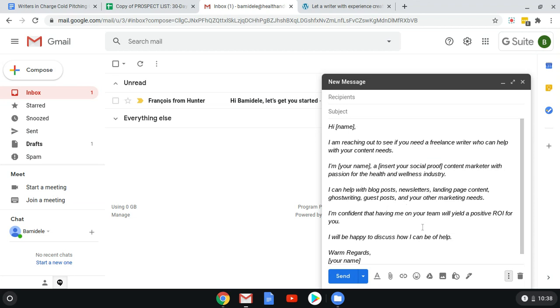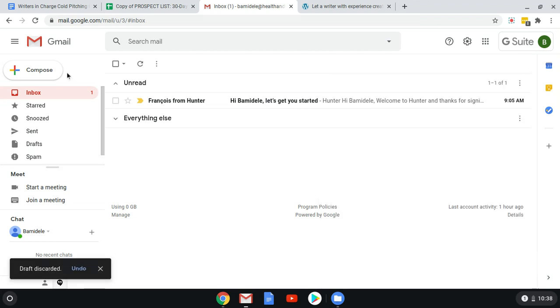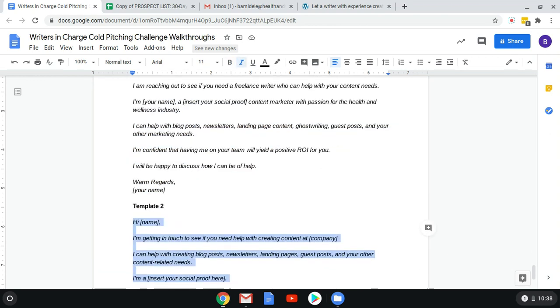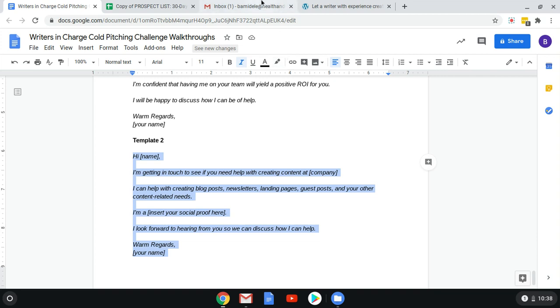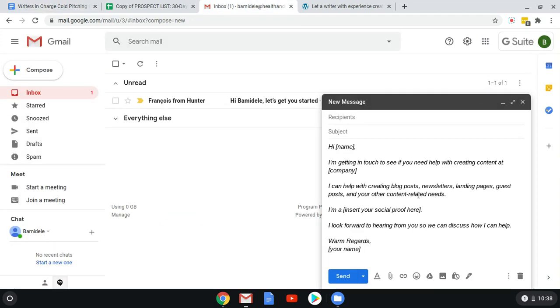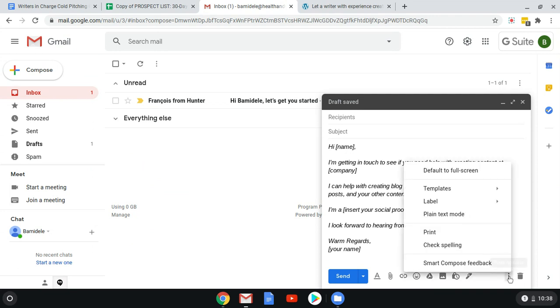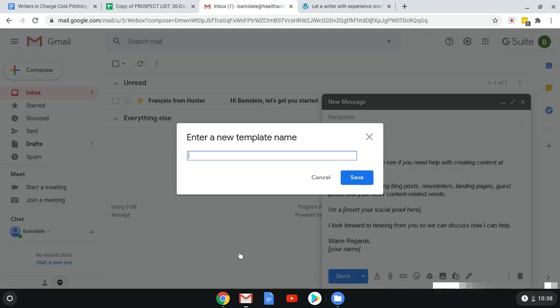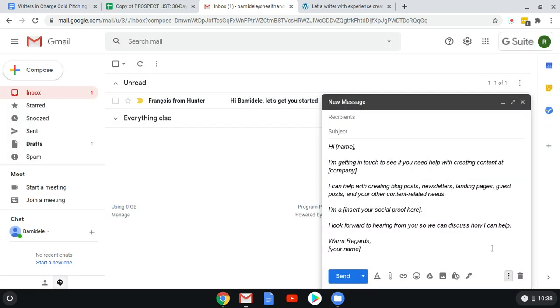So now that this is saved, you can close this, and copy the second template. This is template two. You copy the second template, you go there, and then you save that second template as well. So in this case, more options, template, save draft as template, template two. Good,